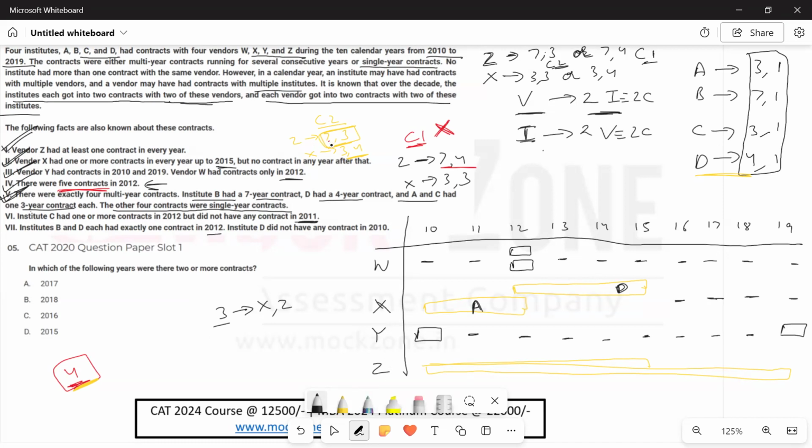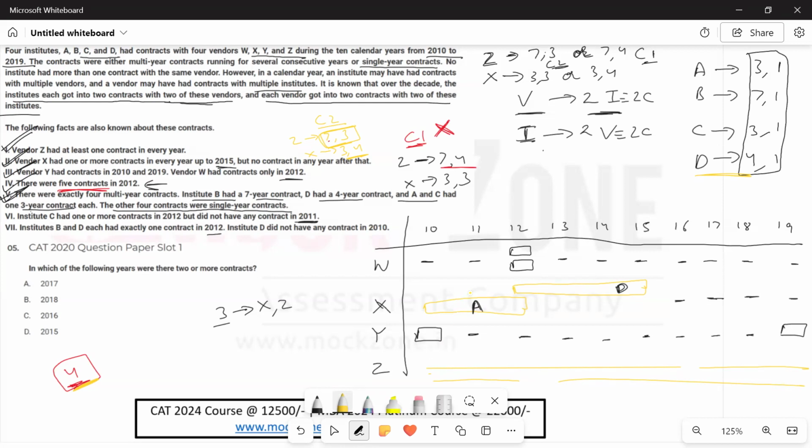वी नो दैट Z का एक कॉन्ट्रैक्ट है 7 का और एक है 3 का। अब वी नो दैट इधर इट विल बी 7 फर्स्ट एंड देन 3, और 3 फर्स्ट एंड देन 7। सो इट विल बी इधर 7 फर्स्ट एंड देन 3, और 3 फर्स्ट एंड देन 7। दीज आर द 2 पॉसिबल केसेस,